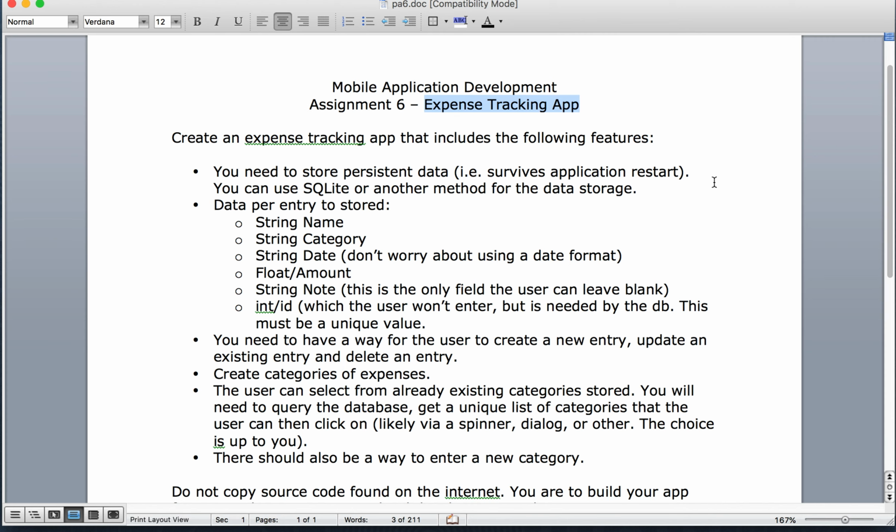But create an expense tracking app that includes the following features. So you need to store persistent data. This means you need to either do preferences or do a database. Persistent data means that it survives past the application restart. So if we close the application and bring it back up again, we should be able to retrieve the data. You can use SQLite, or text files, or preference files, or SD file, anything you want, any form of data